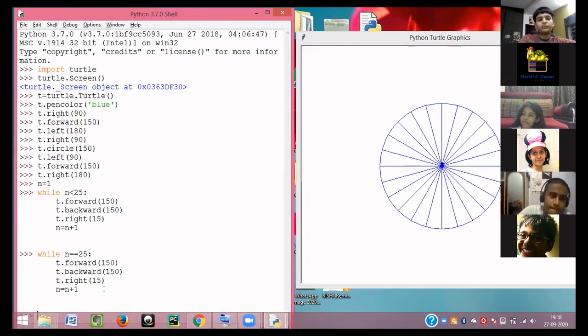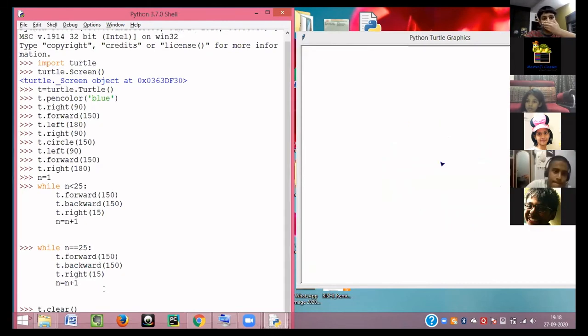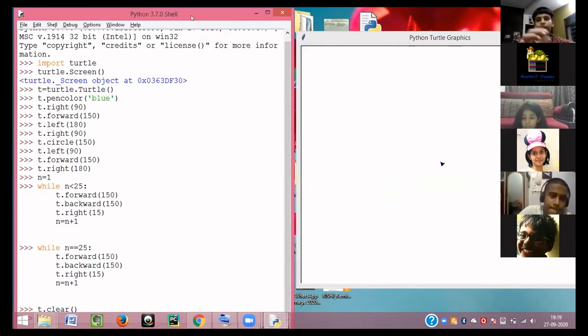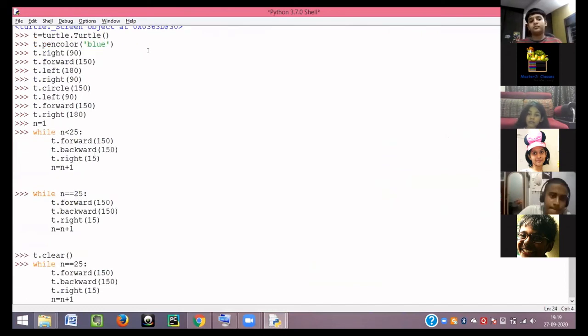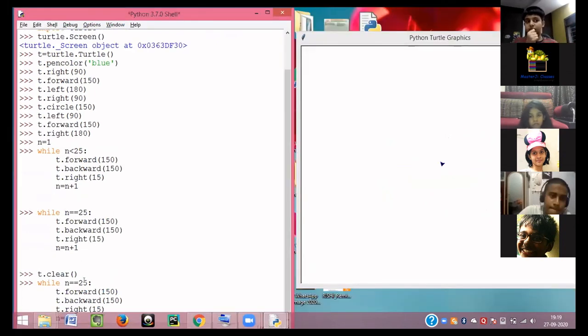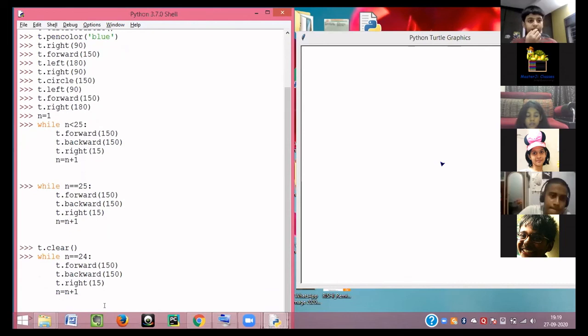Let me first clear this out. T dot clear. Let me clear this and let's see what happens. I have written n is equal to 24. Okay. Now I am running it. See, nothing is happening. The arrow over here, your turtle, is still present at its original position.